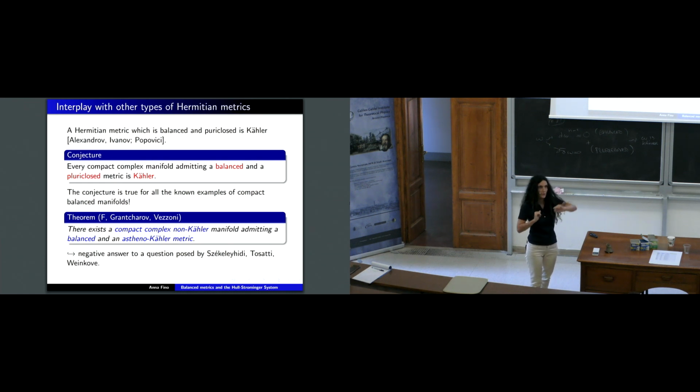So again, you can see also for compact semi-simple Lie groups. You remember they have no balanced metric, but on the other hand, it's very easy to construct a pluriclosed one. You just take a bi-invariant metric compatible with the bi-invariant complex structure, and that gives a pluriclosed metric. On the other hand, you can ask something different, and you can